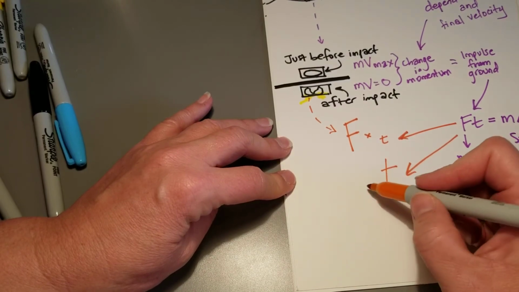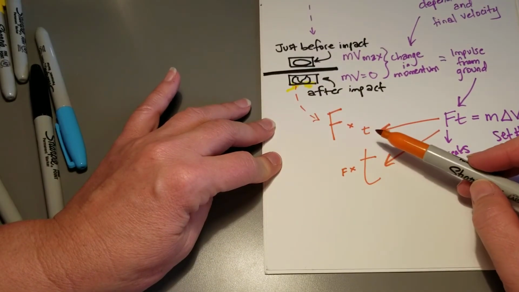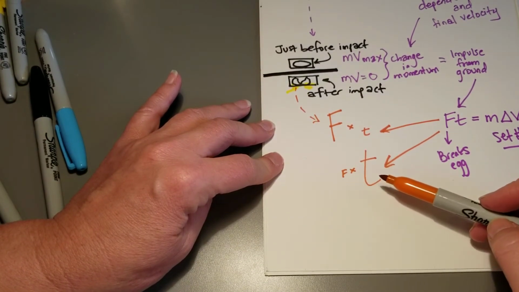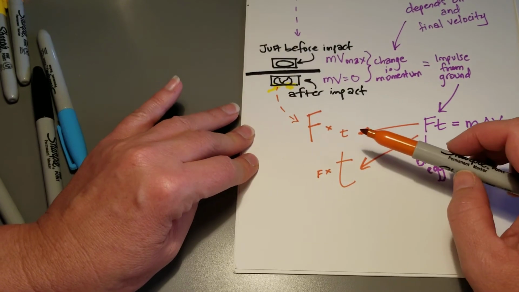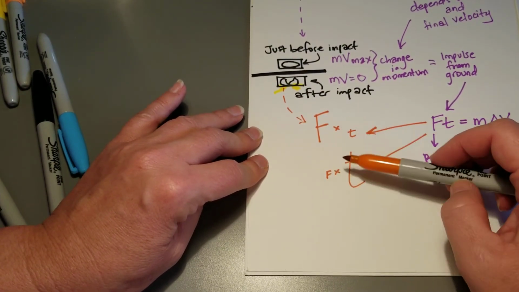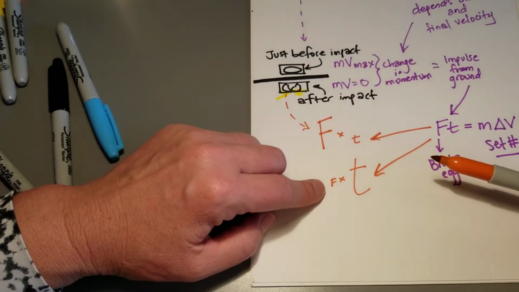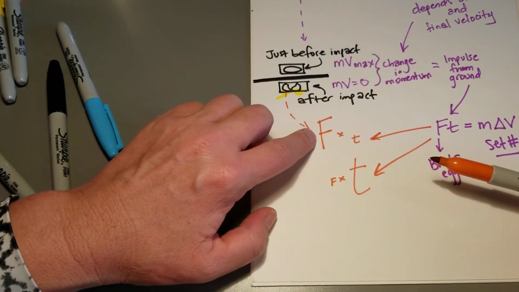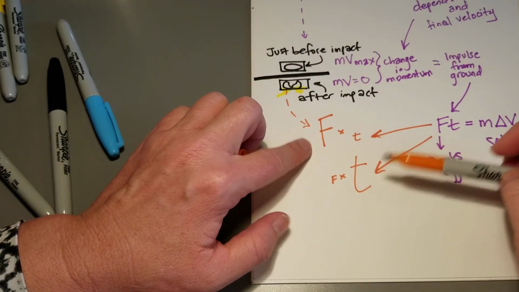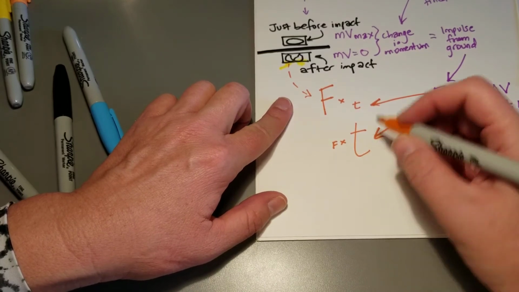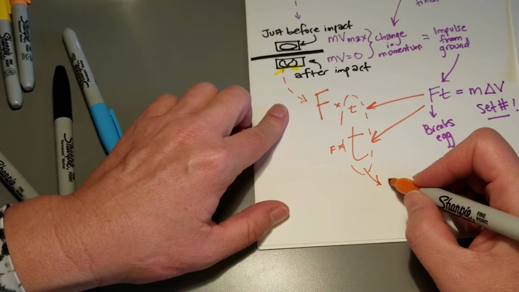If you have a very long time of impact, you're going to have a small impact force. Both of these, big F times little t and little f times big T, are going to result in the same impulse because that was yours from your set change in momentum. However, that big F and little f are what make the difference between a successful egg drop and an unsuccessful egg drop. This force is going to keep your egg safe, and this force is not. So that's the part I really want you to discuss, is how your time of impact affects the force of impact. And this time part right here is what you have done in your apparatus with squishy,